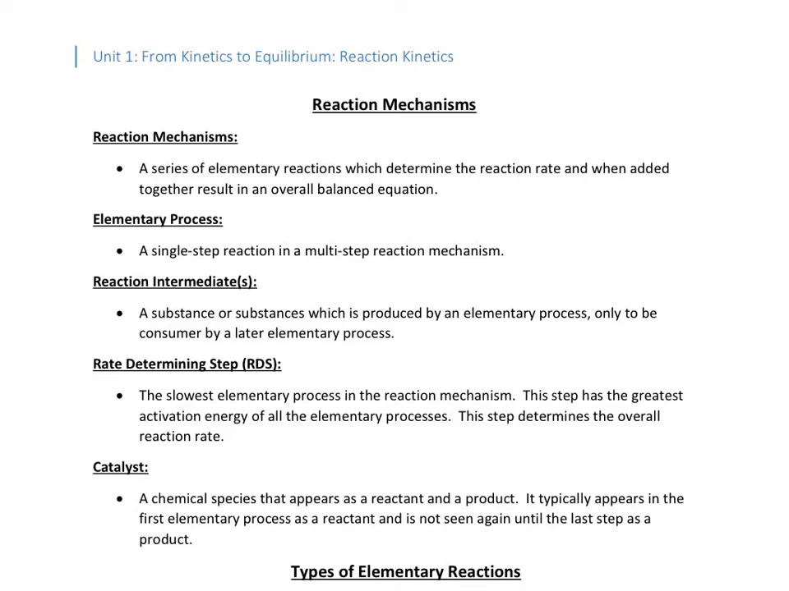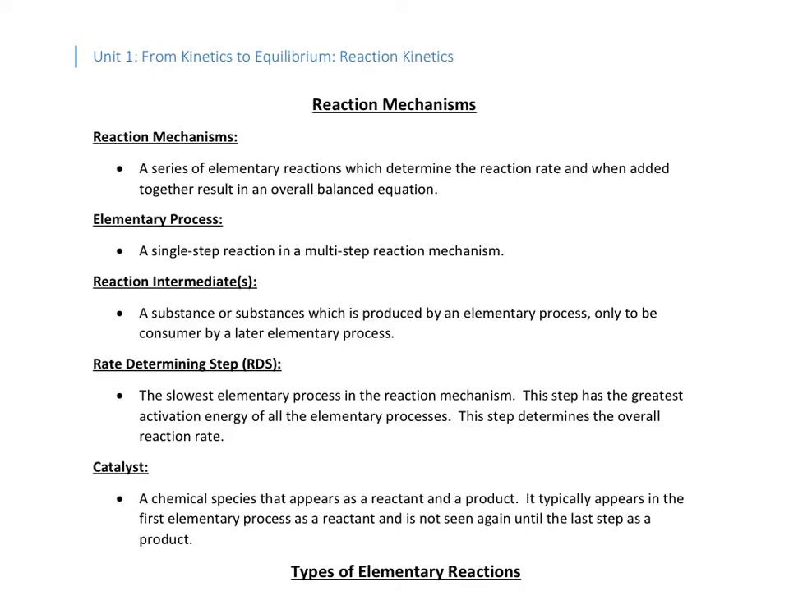A single step in a reaction mechanism is known as an elementary process. A reaction intermediate, or intermediates, are a substance or substances which is produced by an elementary process only to be consumed by a later elementary process. The rate determining step, or RDS, is the slowest elementary process in the reaction mechanism. This step has the greatest activation energy of all of the elementary processes, and it's this step that determines the